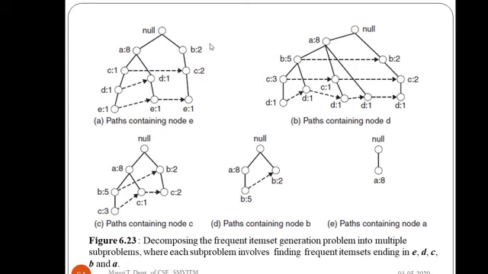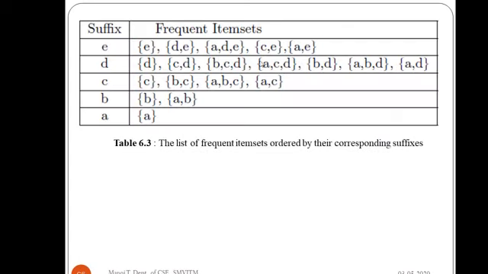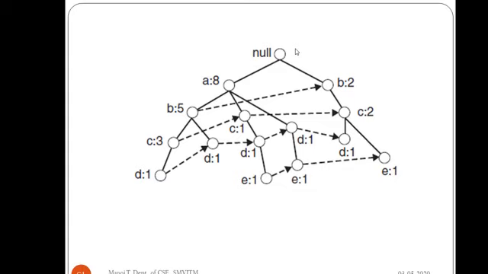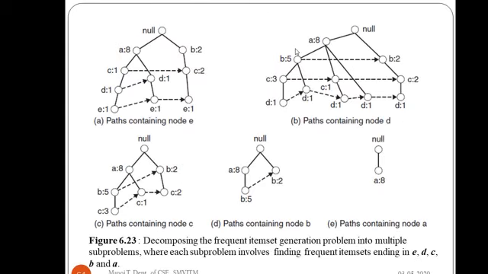You can see over here A, C, D, E. A, C, D is not there. Actually, it is not frequent. To understand this, we have to see how to process the path exactly, which we are going to do in the future course. So just understand that this is the way of exploring or extracting the frequent item sets. You construct the FP tree. From that FP tree, you get the suffixes, or the subproblems of the subtrees with the particular suffixes. Then from that you process the paths.